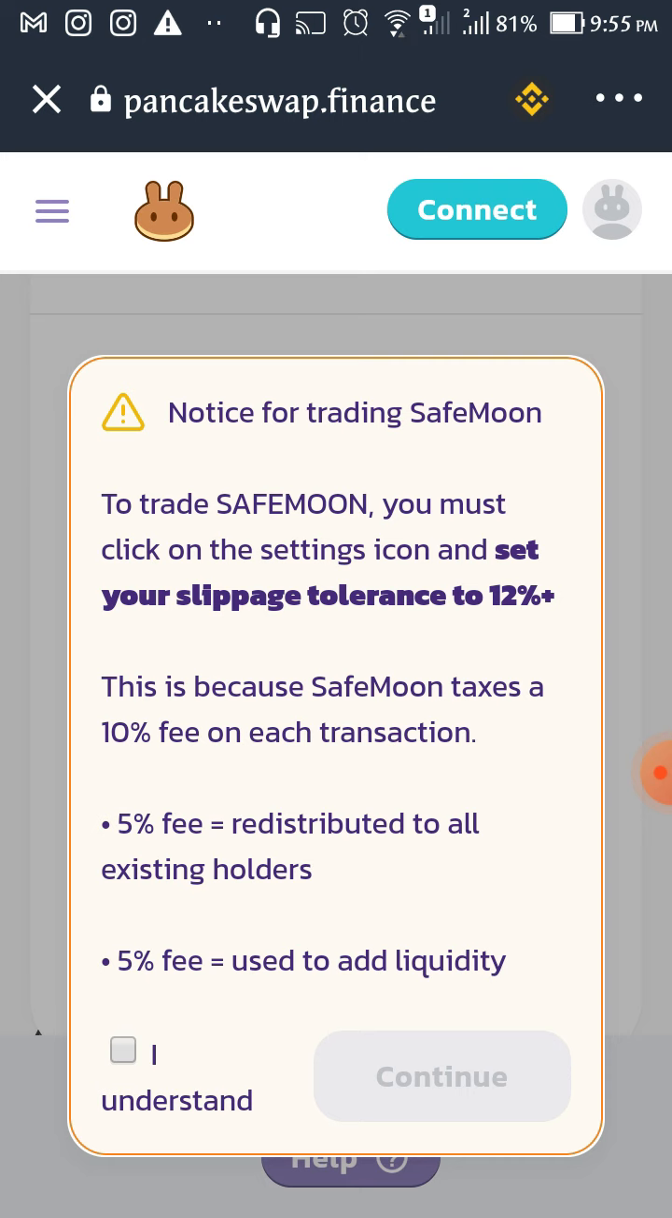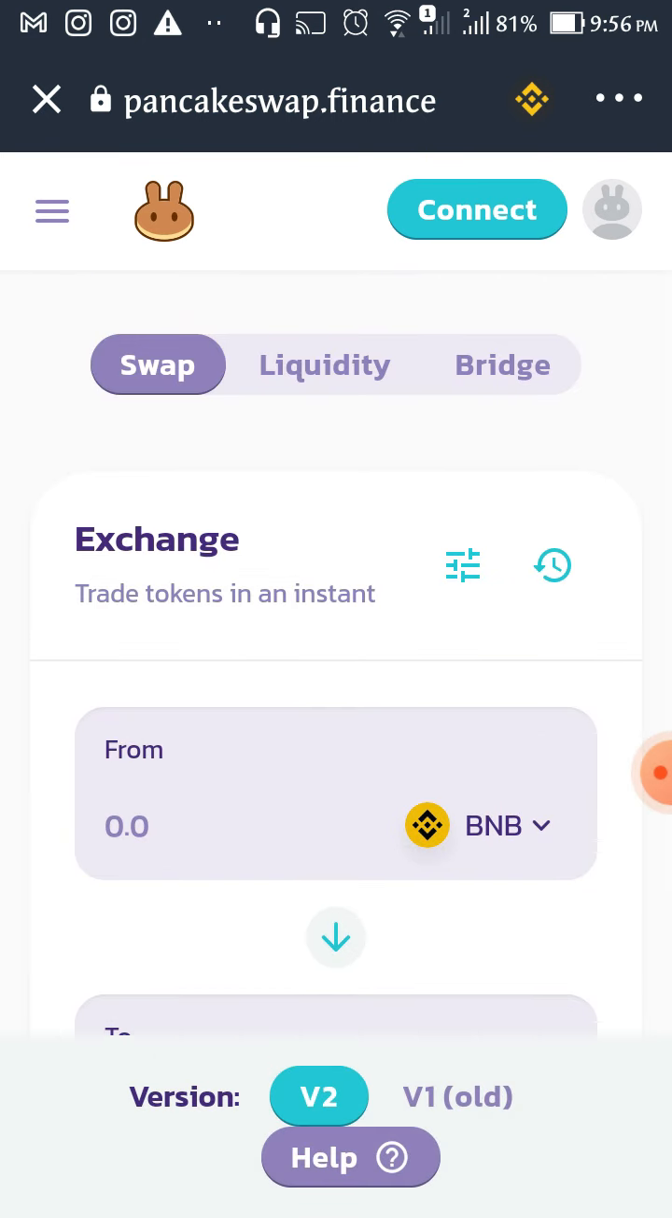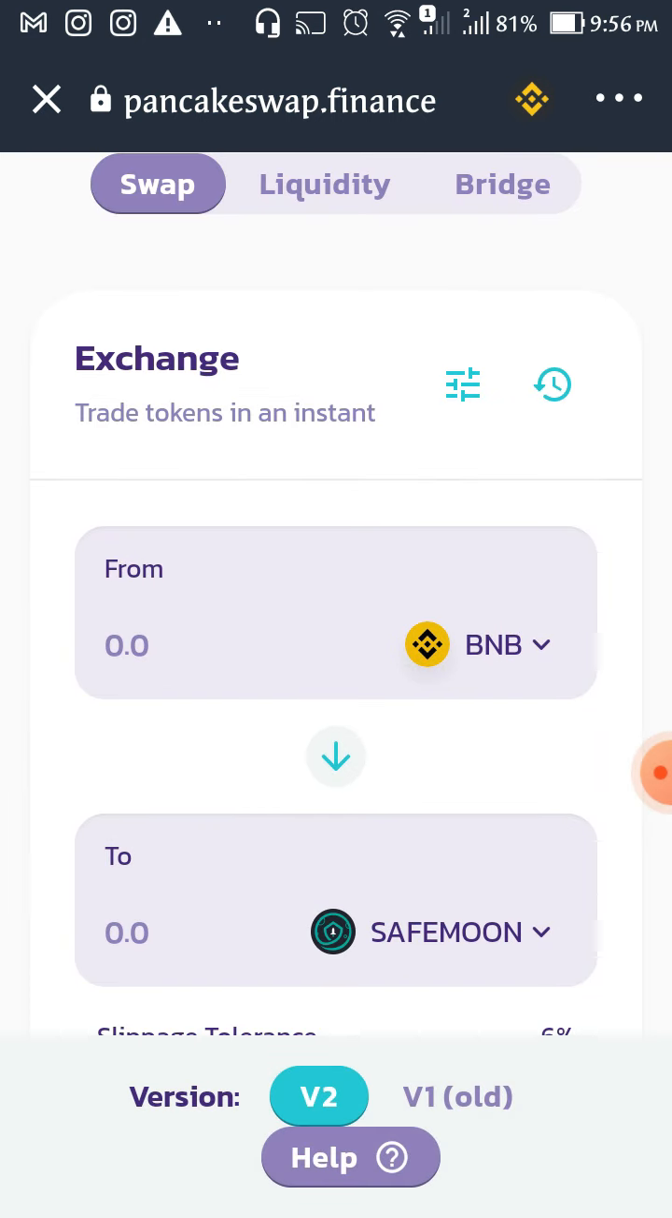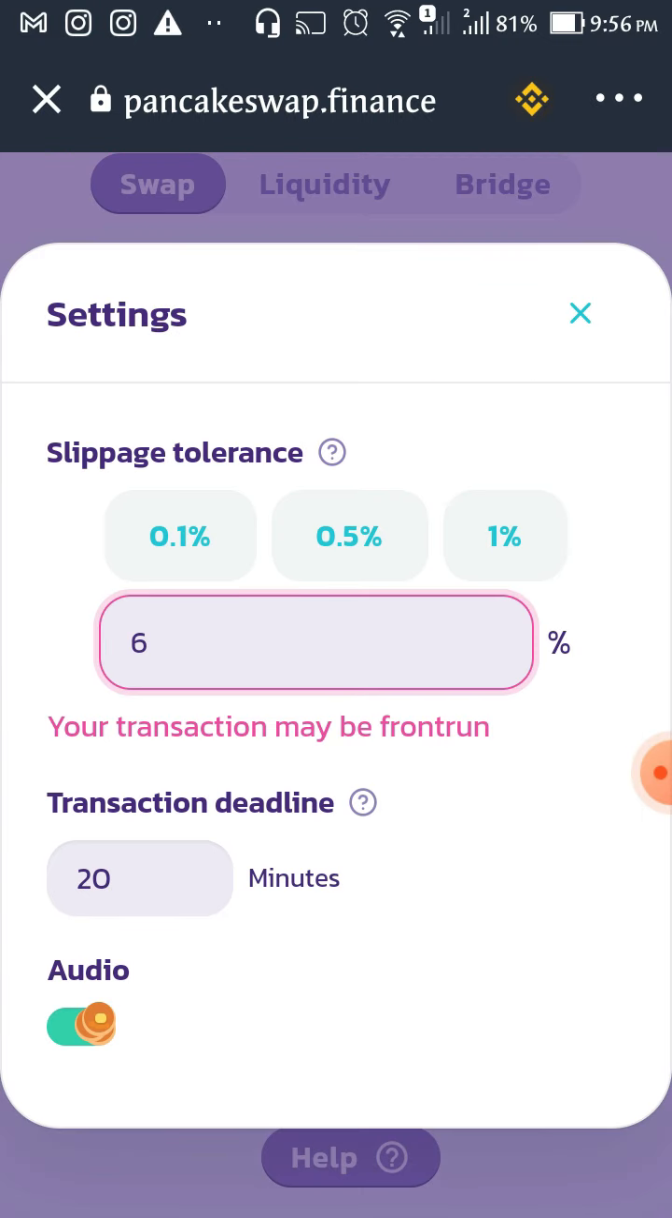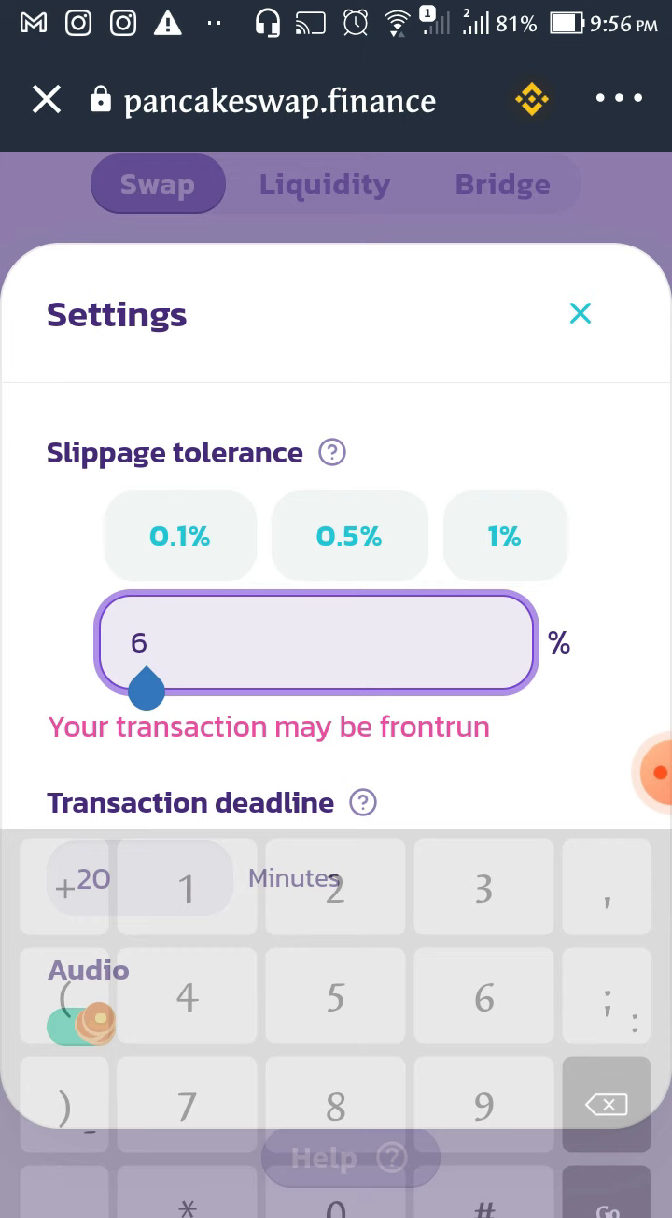They say to trade SafeMoon, you must click on the settings icon, which we'll be doing, and set your slippage tolerance to 12% plus. You can read the rest, and you click on I understand. So the slippage default, this is the settings icon, is already set to 6%, but they already told you the minimum that you need to use. I think that's like 12% plus. So the slippage is